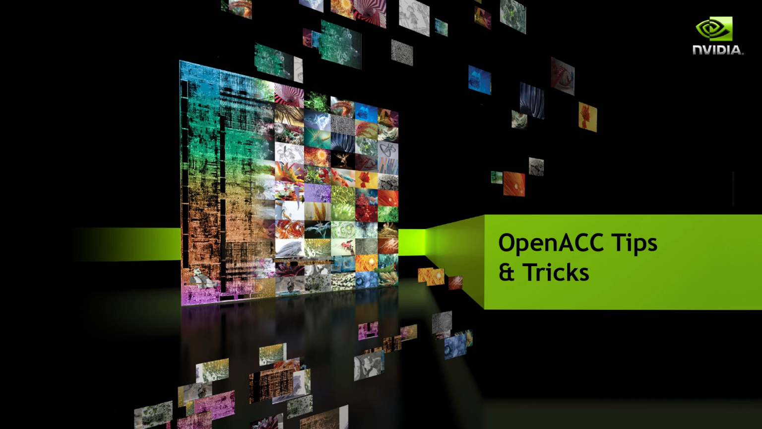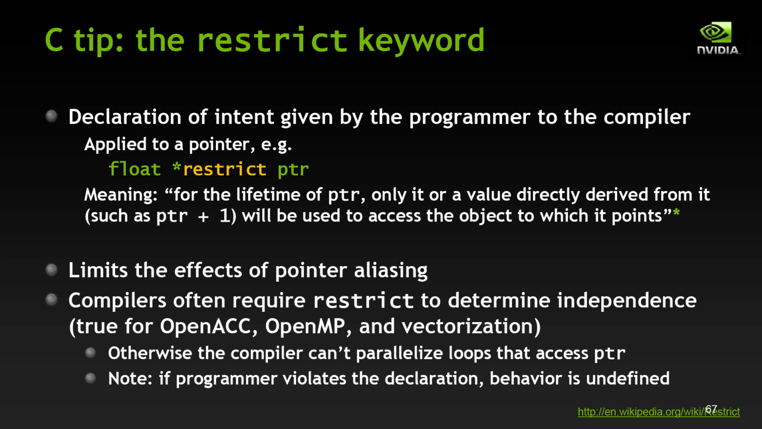So we're actually progressing very quickly here, so there should be plenty of time for additional questions. Some tips and tricks for you as you begin using OpenACC. First, if you're a C programmer, the restrict keyword is very important when you're doing any form of parallel programming. This could be OpenMP, this could be OpenACC, this could be just trying to take advantage of the vector instructions